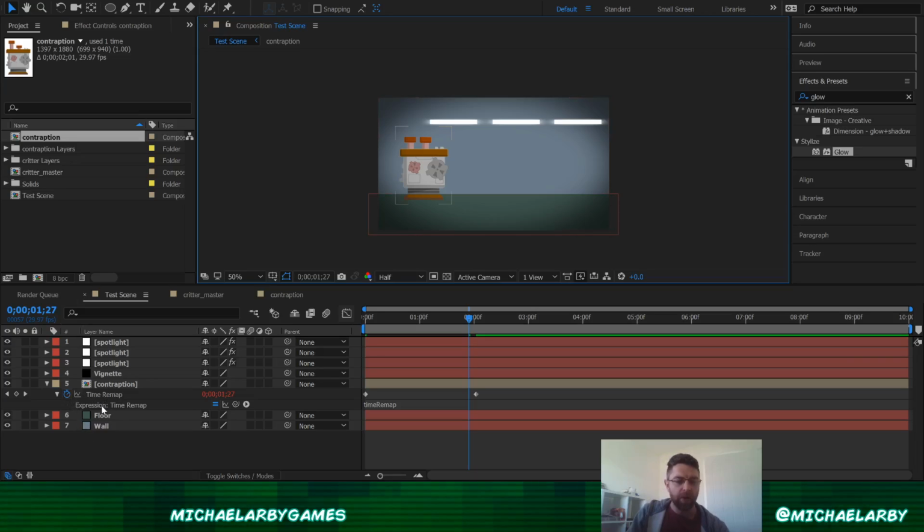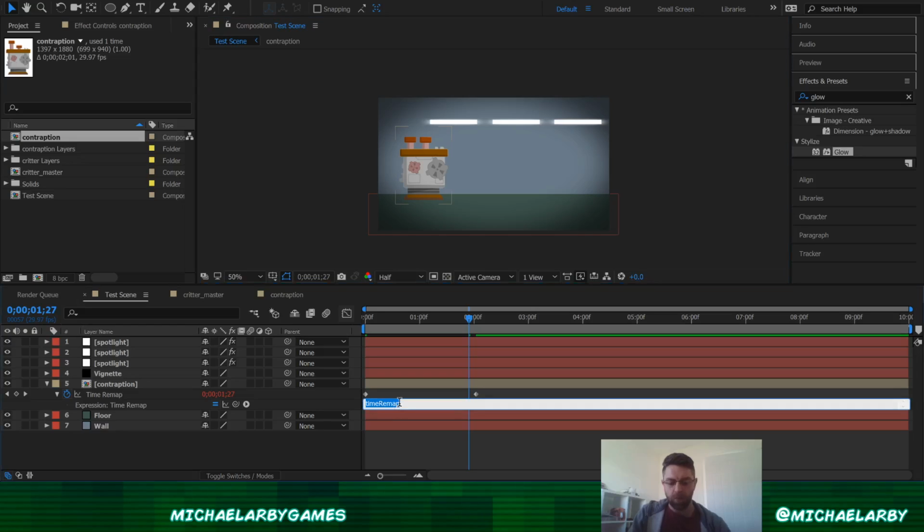Holding Alt and clicking brings up this little expression box, and the expression box is basically where we can write in short bits of code. And what I want to do is write a bit of code that will make my animation loop over and over again. And it's very, very simple to do. All I want to do is click on the text here where it says Time Remap underneath my keyframes and change this to say